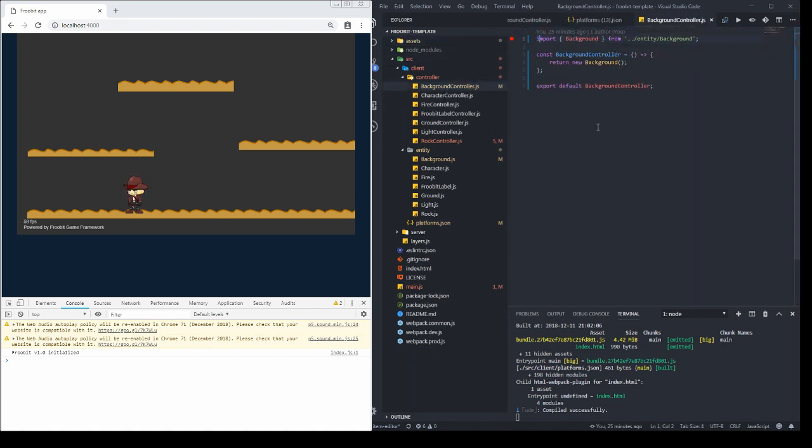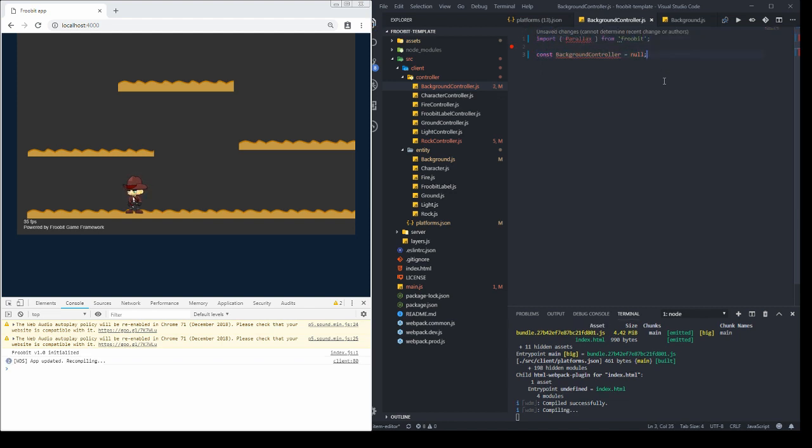We can go to background controller, and you currently see that our background controller is returning a background entity, which is just rendering a simple solid color background using the P5 background function. And we actually don't need this anymore. We can go here, and we can delete everything inside of here. Actually, I will just say that background controller for now is null, and let me delete all of this, and I will import